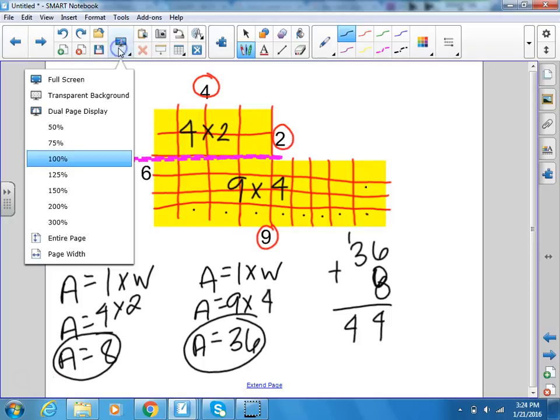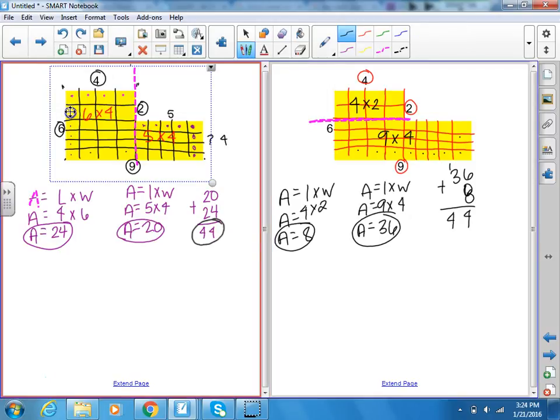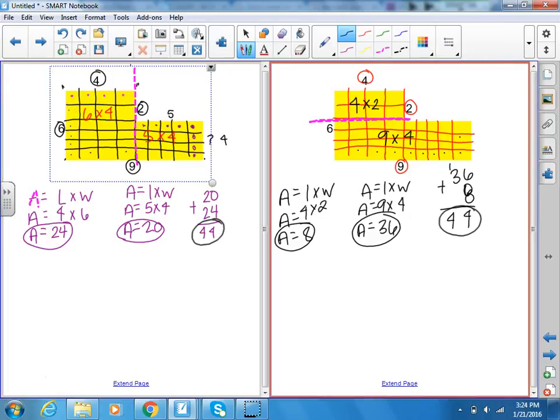And as you can see in our split screen here, we have the same area for both. They both equal 44, and we decomposed them in two different ways. Again, I showed you this method so that whichever way your child decides to break apart this rectangle, you can see that the area still should